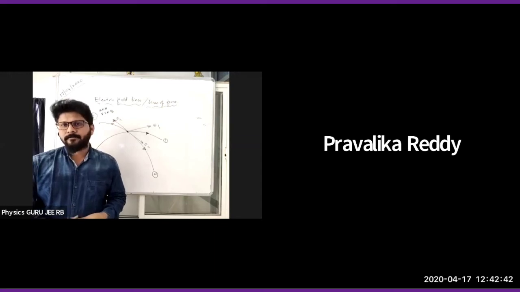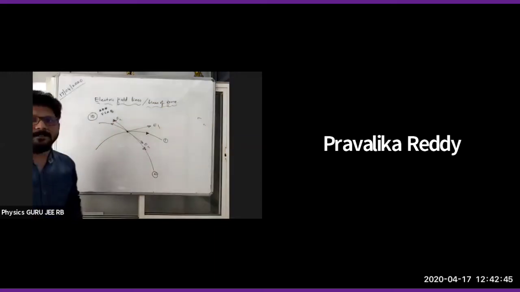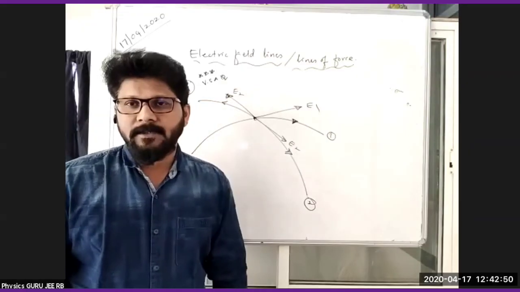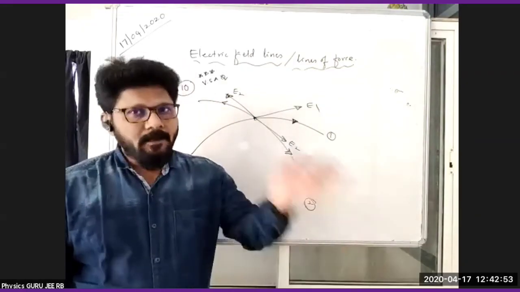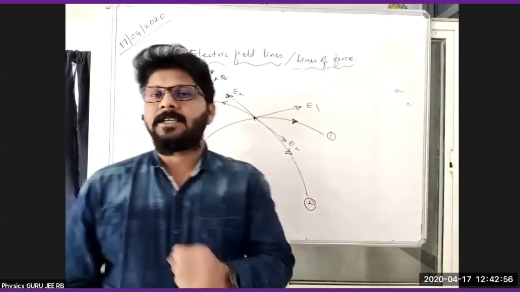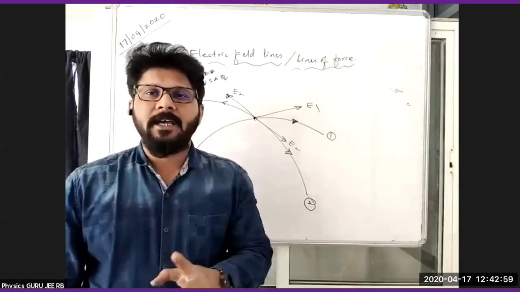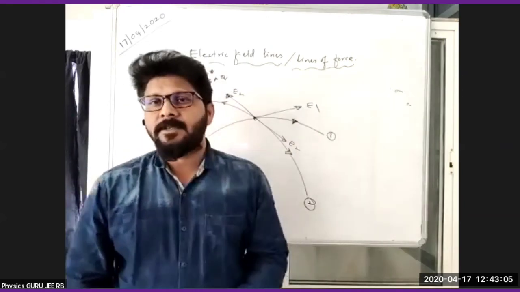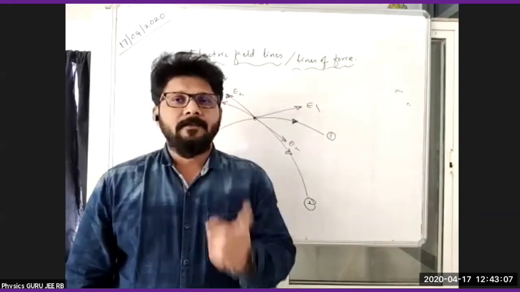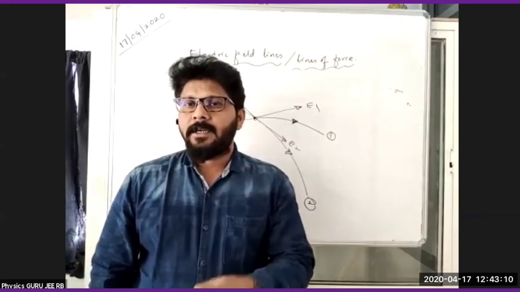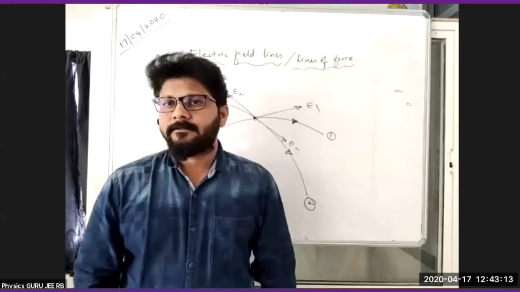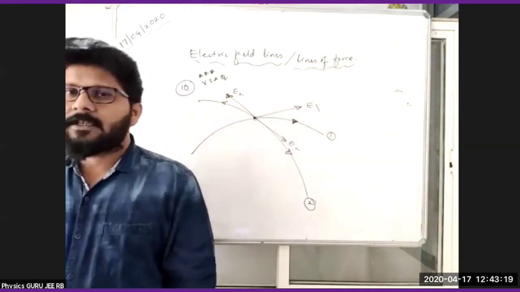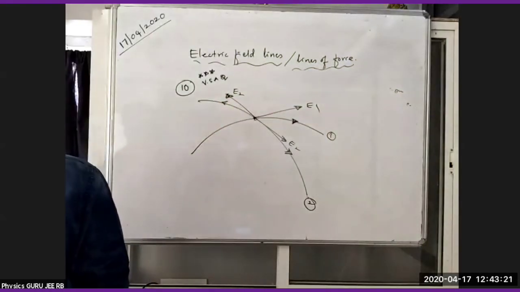Yes, no. So you should write this answer. No 2 electric lines will intersect. If they intersect, at the point of intersection, 2 tangents can be drawn, which give 2 different directions of the electric field at that particular point, which is not possible because electric field intensity is a vector quantity. It has a single direction. Is it clear, this one? All of you are done? Then we'll proceed to the next one.